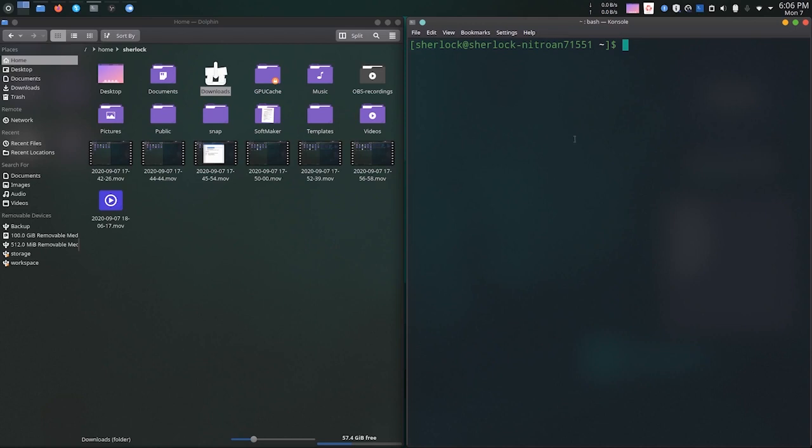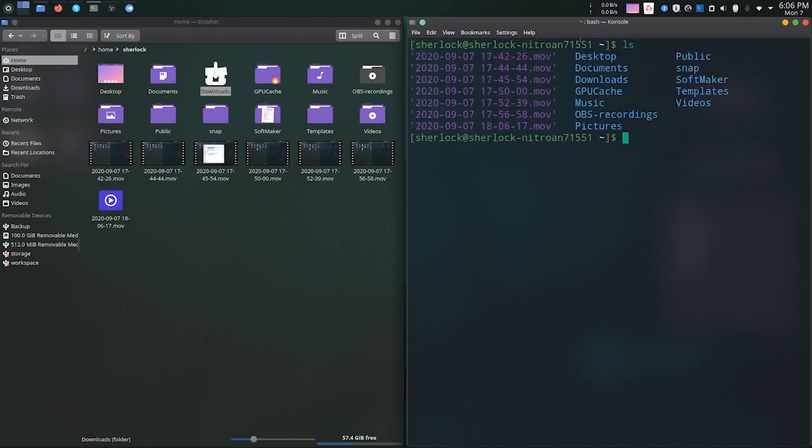For example, currently I am in the home directory. I want to go to the documents folder. What is my relative path? That means from the current directory I can just type cd and desktop, or in my case if I want to go to documents I can type documents and hit enter, so that my working directory changed to documents.